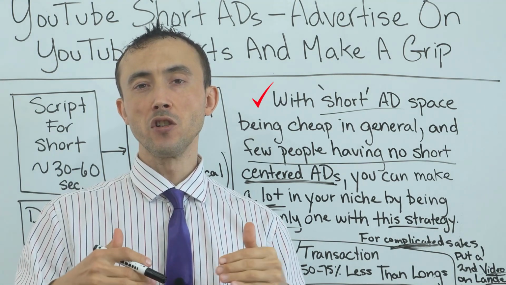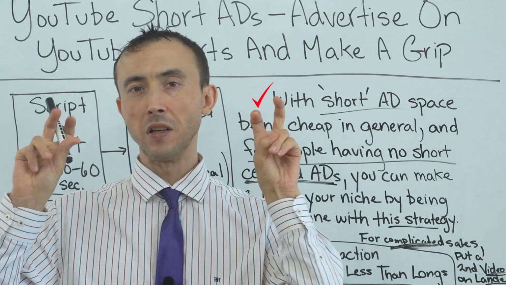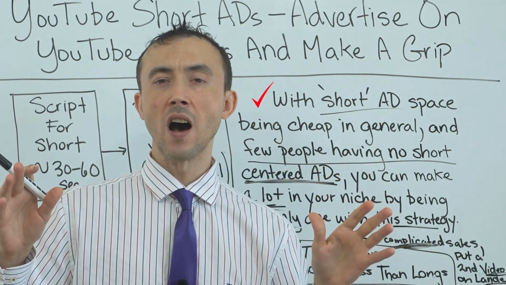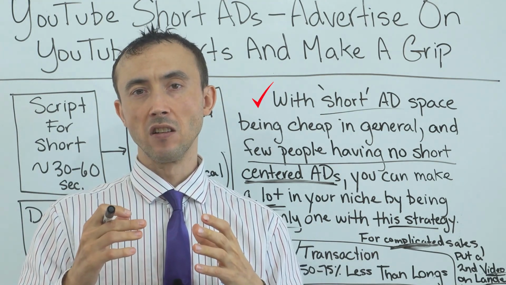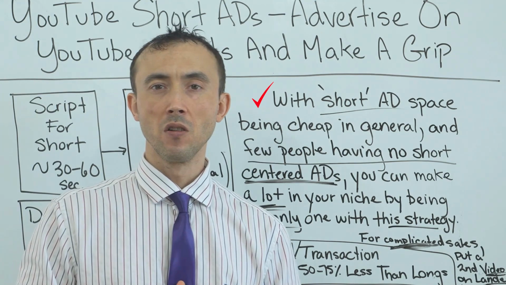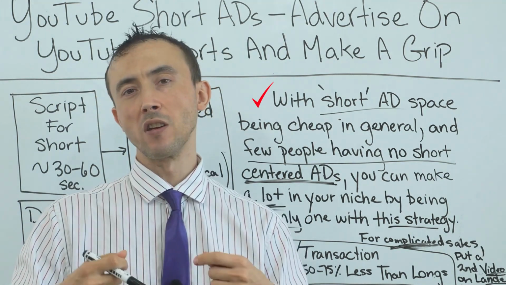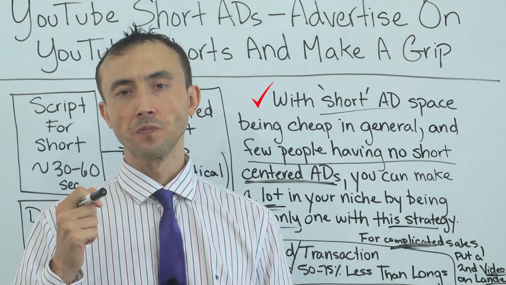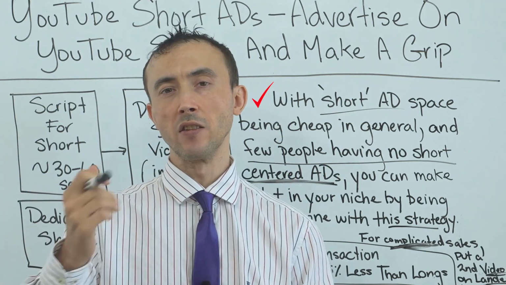So what you're going to do is heavily remarket the traffic that hits that dedicated pre-landing page with all the other reasons why they should go back to that pre-lander and see the rest of that video. With that, basically other short ads, but not only other short ads, banner ads that you're going to run on Google Display Network, and a lot of other ad types if you want to throw that in there, but mainly those two.